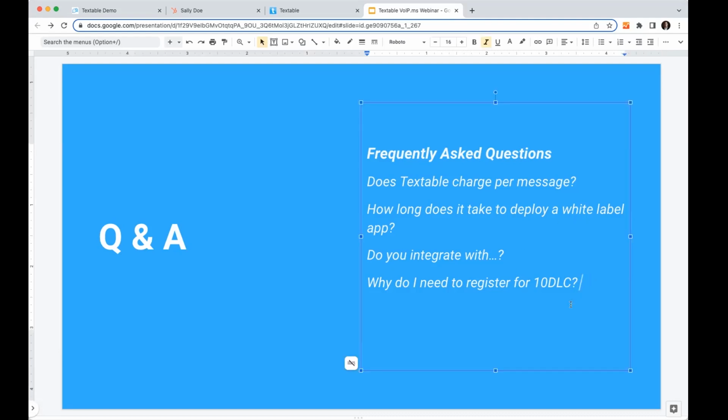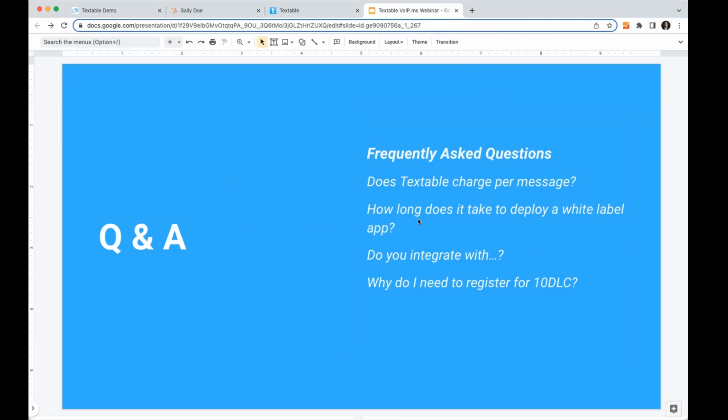I'm not too up to speed on the Canadian side myself, but on the US side, certainly you should be registering your traffic. If it's just for customer service and you're not doing any marketing, I think there's also a little exception. But honestly, it's a legal question, so make sure to be compliant on this specific question. However, I think there's a fit for all types of businesses, even with 10DLC.